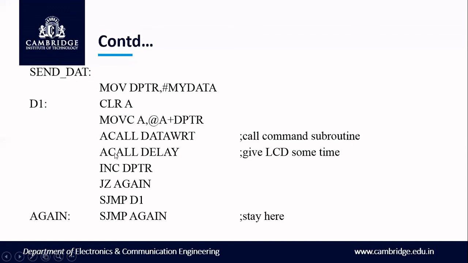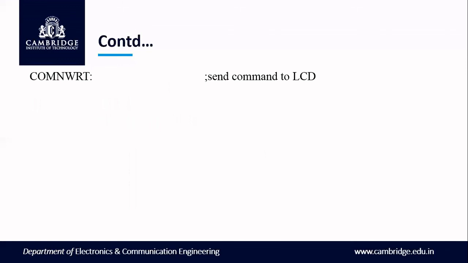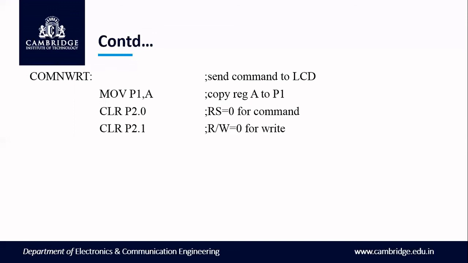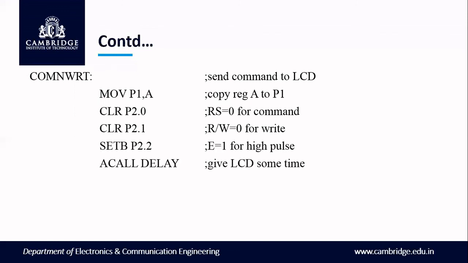So this is how we can write the code for displaying a string of characters. And for command codes, instead of writing a single instruction for each command code, we can put them into the lookup table and access them. So this is how we can write the code. The command write subroutine, you know from the previous codes. You are accessing that character, then you are making RS 0 for the command, then you are sending. Read write should be 0. So you are enabling the LCD, then waiting for the LCD for some time, then clearing and returning back.